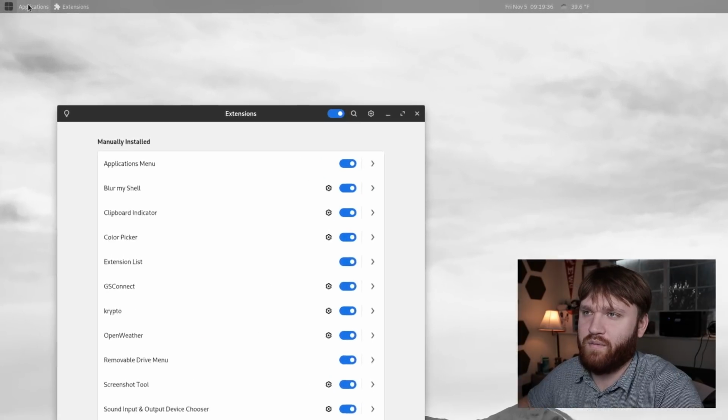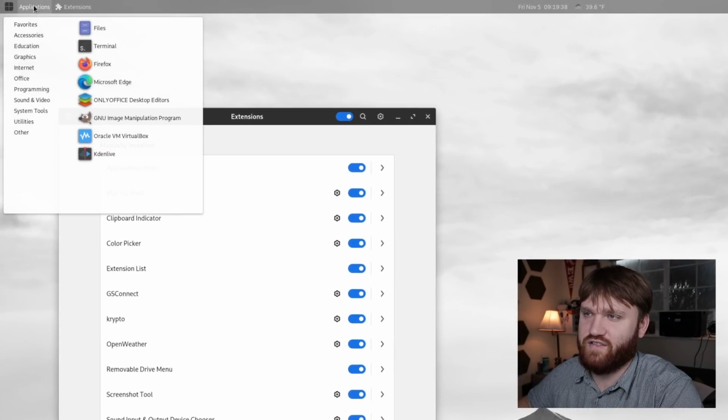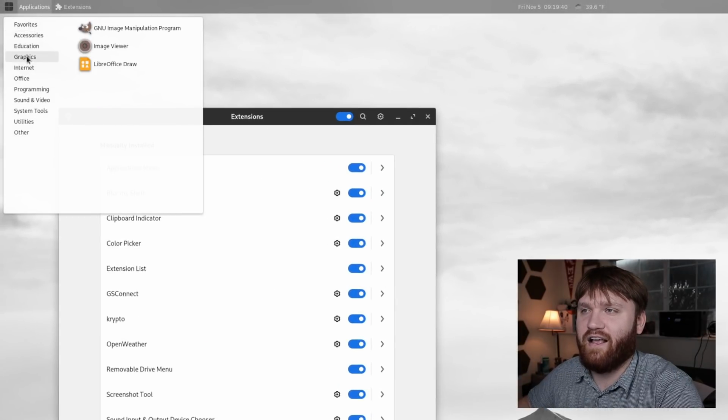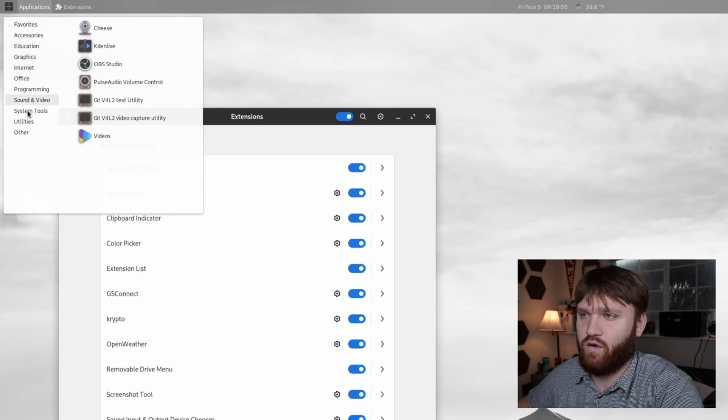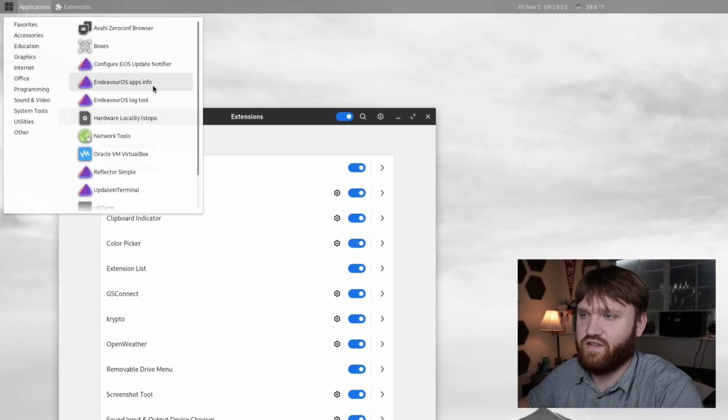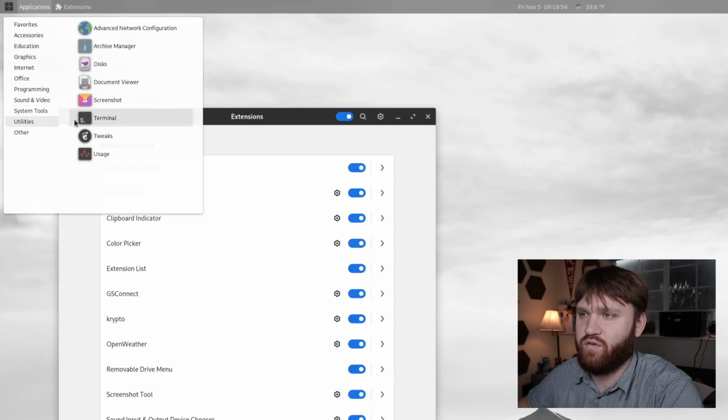That's normal, but if I go up here and click on the applications text right here, I have the classic drop down with categories. So I can go over to graphics, open up GNU GIMP, for example here, or go over to system tools. You can see everything that's included, or utilities. I could jump into GNOME Disks or the screenshot tool or whatever may have you. And this is actually kind of a cool view to see all those really nice icons that are included with this icon pack. Just beautiful.